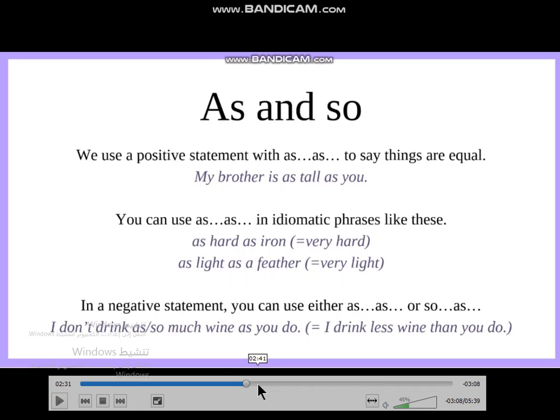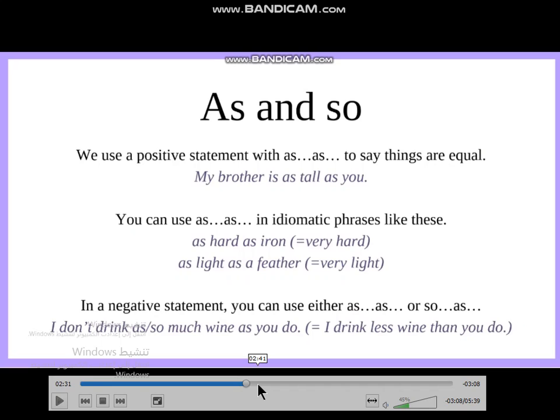Okay, you can use as in idiomatic phrases like this. As hard as iron, it means very hard. As light as a feather. Okay, very light. Okay, so in a negative statement,